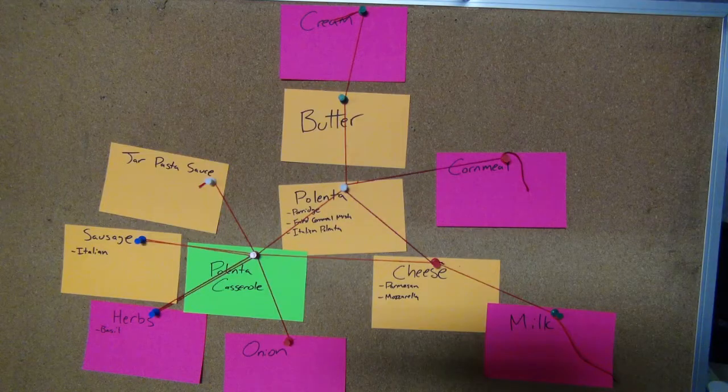As mentioned in my last video, I lump consumables into three main groups: components, ingredients, and meals. Components are what you think of when your mom says, "We have food at home." Dried beans, raw flour, onions, raw eggs. Anything on a pink card are things you can consume for calories but aren't generally pleasant to eat. However, you can take components and turn them into more pleasant to eat things, like combining eggs and flour into a dough,